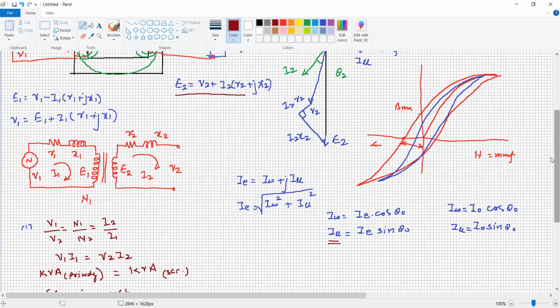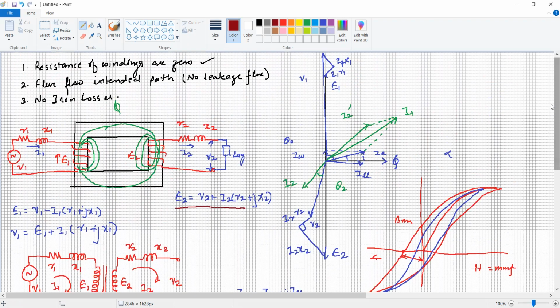And this is the phasor diagram under loaded condition, under lagging power factor. The I2 current is lagging. E1 and E2 are both 90 degrees lagging, whereas the magnitudes of E1 and E2 depend upon the number of turns. So here the voltage V1 is directly proportional to N1 and voltage V2 is directly proportional to N2. The more the number of turns, the more the voltage; the fewer the turns, the less the voltage.